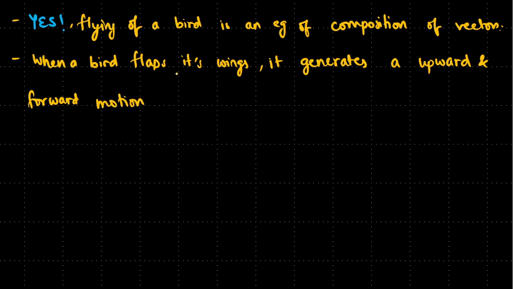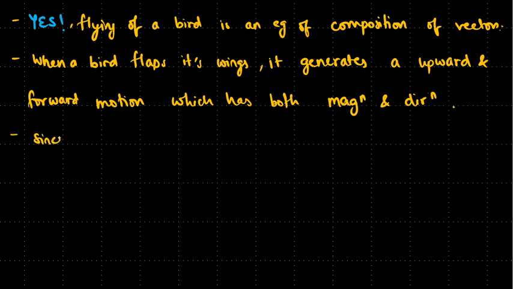A motion which has both magnitude and direction. So we are basically saying that it is a vector, with magnitude and direction. Since birds have two wings,